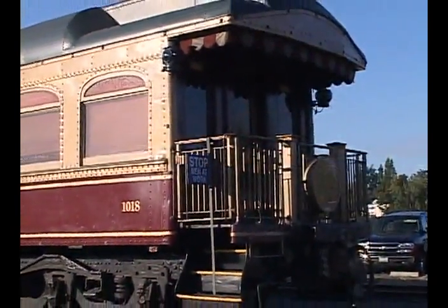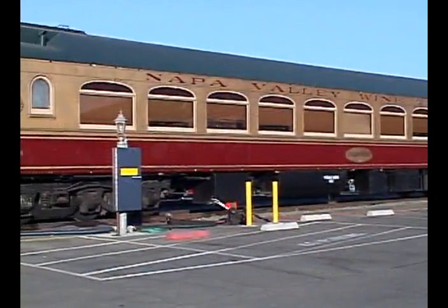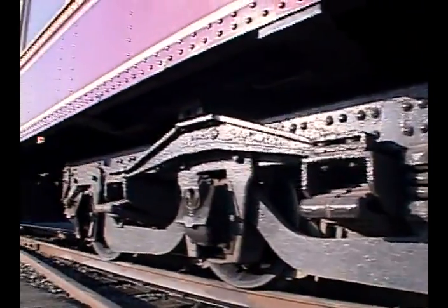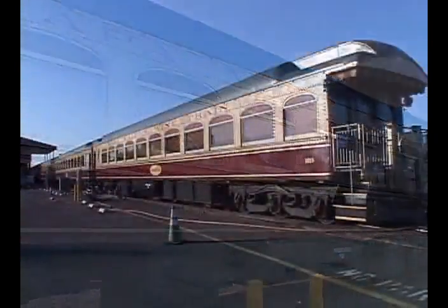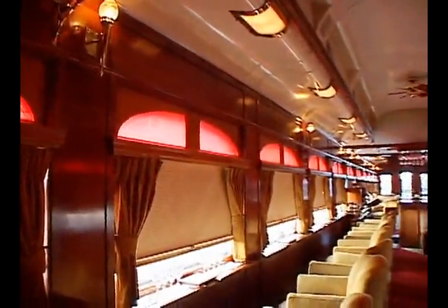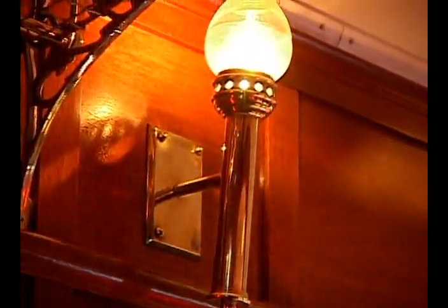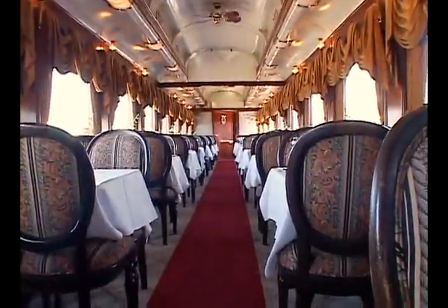So they're so old. They're from 1915 and 1917, most of the cars that we run are. And these are the first full-bodied steel cars that Pullman ever made. And when I say the first, I mean like the very first. So they made the cars steel, and it was the height of its technological advance for its day. And when I say steel, these things are like 80 tons a piece. The other thing that's kind of interesting about these old rail cars is that they were also the very first to have electrical lighting. Prior to this, they had oil lamps. So electrical lighting, all steel body construction, the height of a technological advance for almost 100 years ago, now disappeared